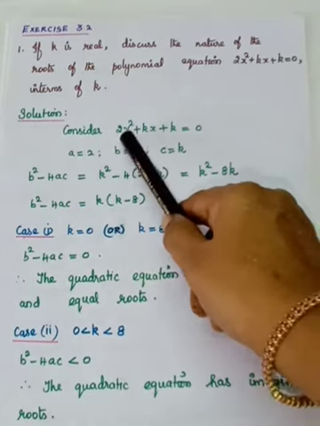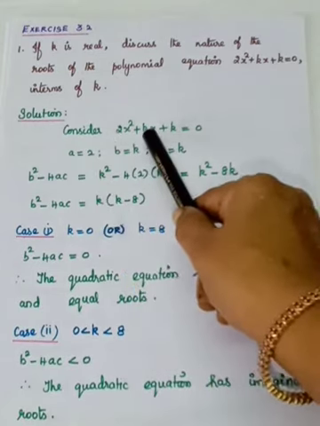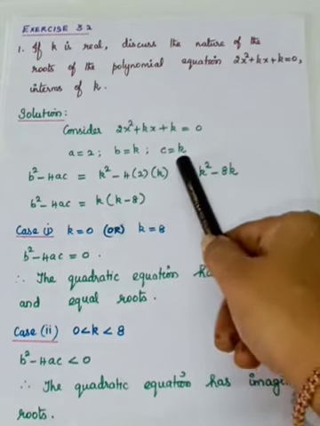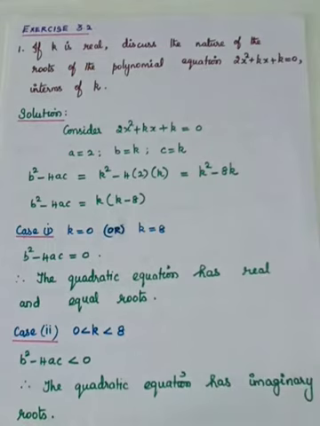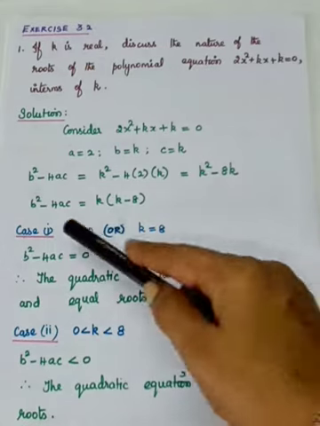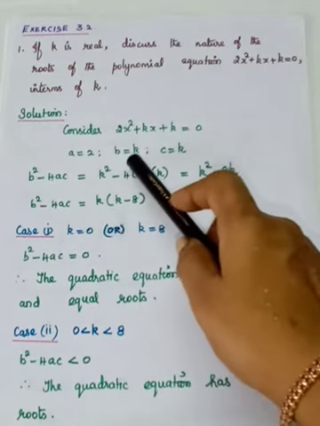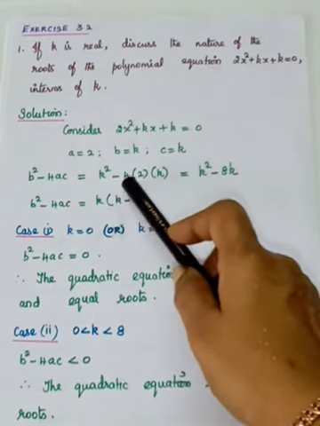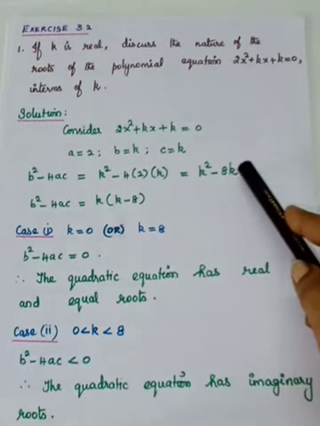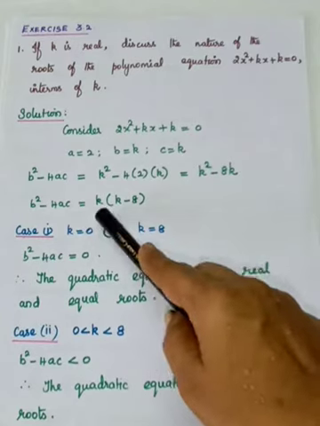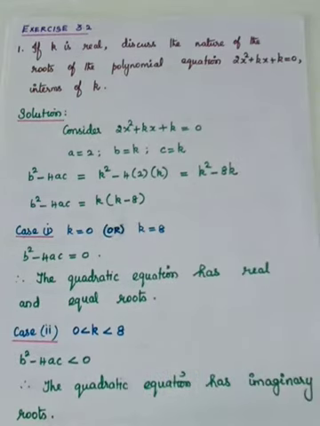So you know that the coefficient of x squared is nothing but a. So a is equal to 2 and b is equal to k. C is a constant, here it is k. B is nothing but the coefficient of x. Okay, find out the discriminant. What is it? B squared minus 4ac. So your b is k, so k squared minus 4 into 2 into k. So k squared minus 8k. From that, if you take k out, it is k minus 8. So k into k minus 8, that is your discriminant.